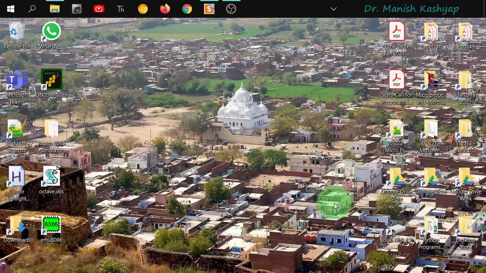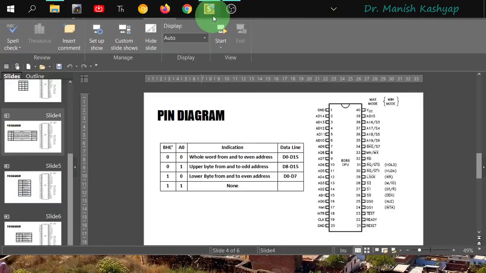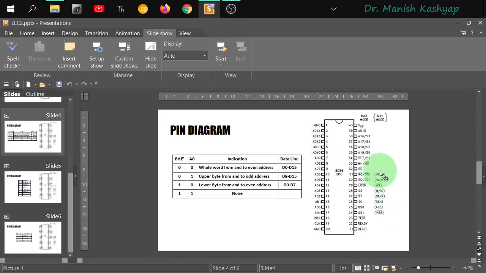Maximum mode is also not very different. The only point of difference there will be, instead of using these pins which are applicable for the minimum mode, we will be using these pins which are applicable for the maximum mode. And there will be multiple processors in the system, so that way also we can assemble our system. So we will see that in the next lecture.